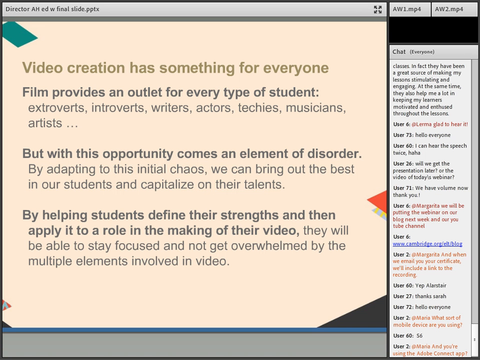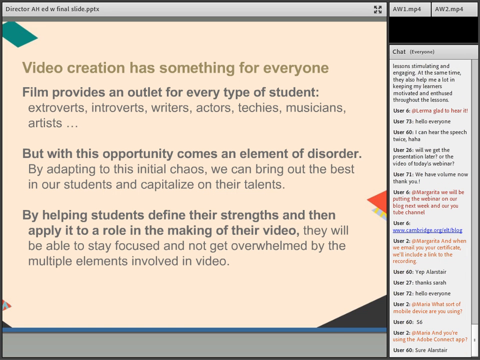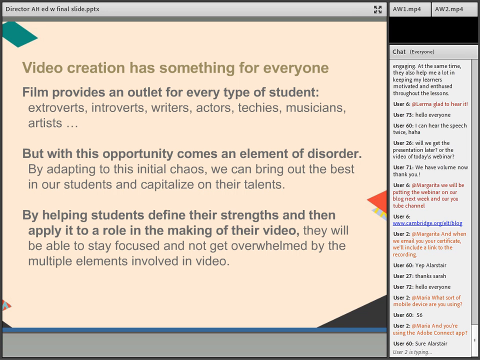And this is very satisfying, I think, for your class in general, because they can all assume a role and feel good about that role and not be forced into, for example, standing up in front of the class and performing. We all know that that's not what everybody's first choice would be. So there's plenty more for your students to do if they're good writers, or if they want to sit and select the music or figure out how the photos should go together. There's a place for that.